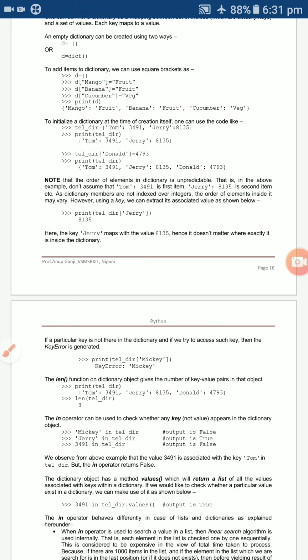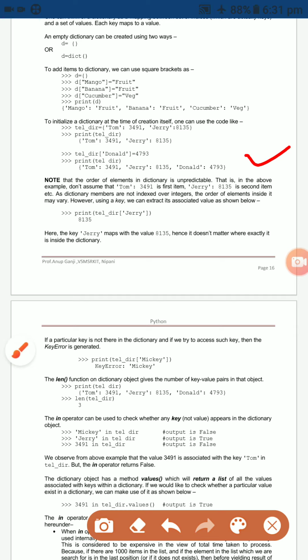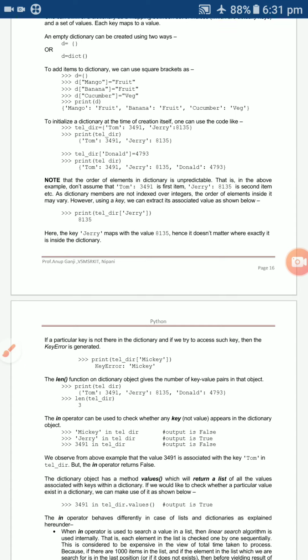Or if you want to initialize a dictionary, you can create it yourself. In this example, first initialize the dictionary. You can take any name, for example tel underscore dictionary. You can use any convention or names here. Tom 3491. Here I'm using the combination key colon value.